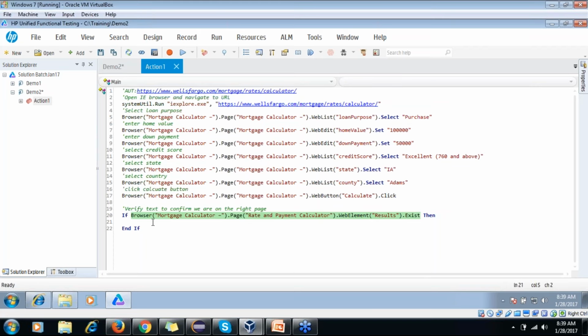Here, if this exists, then print pass, else print fail.